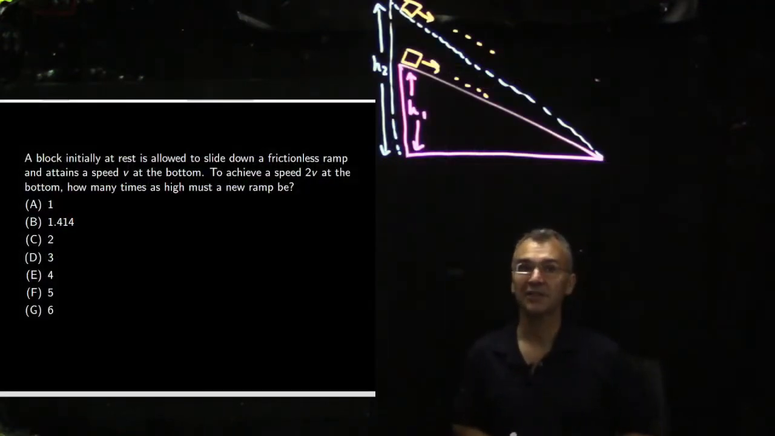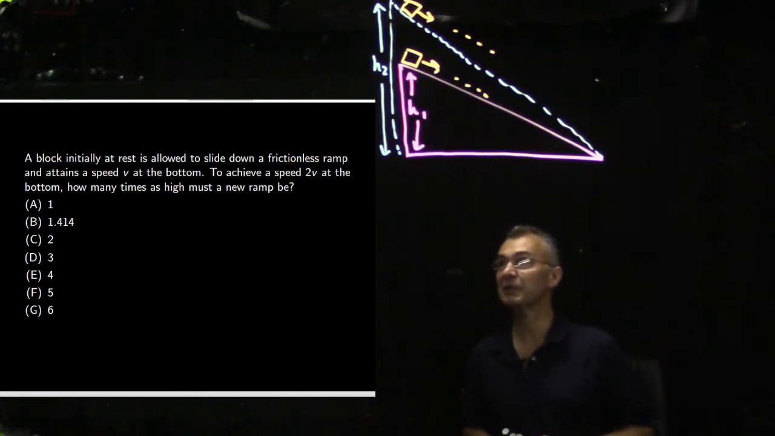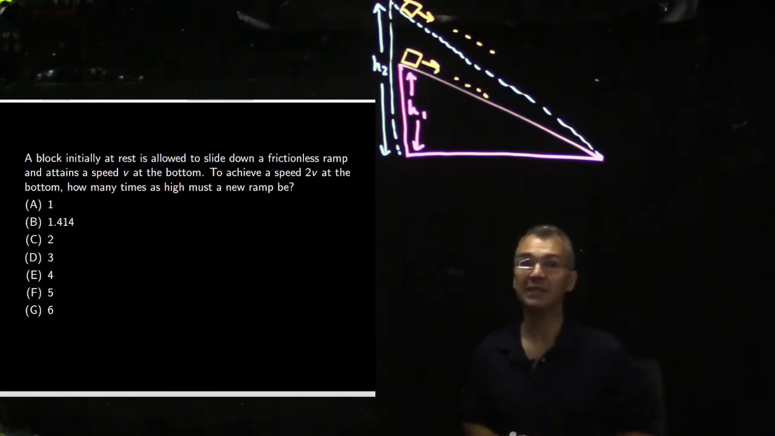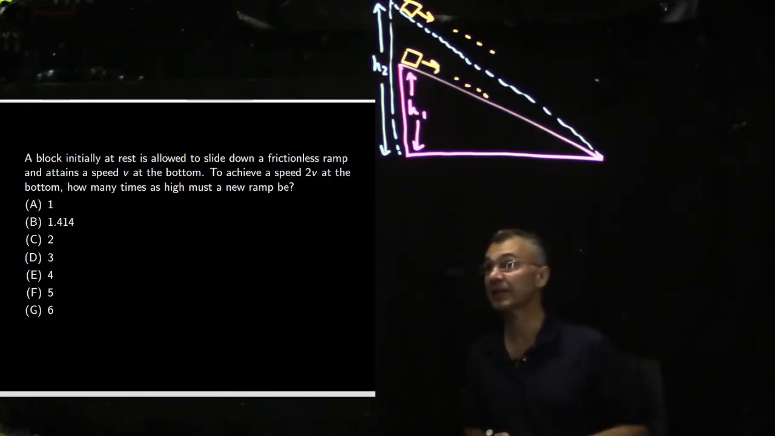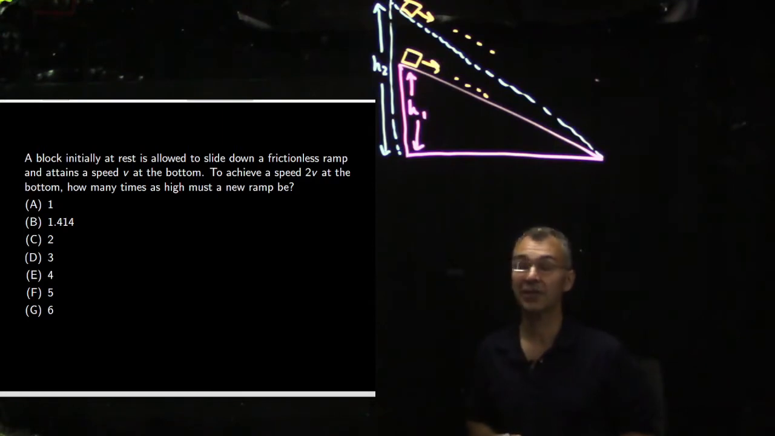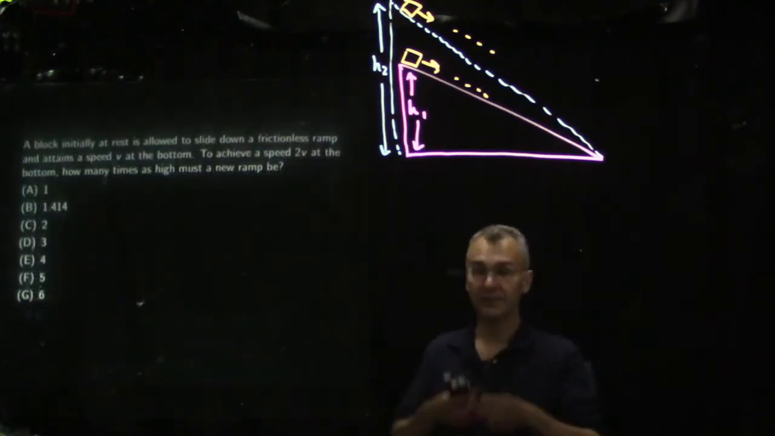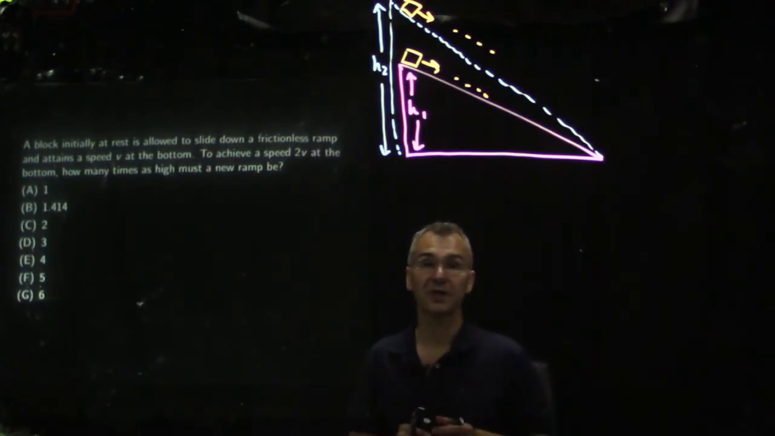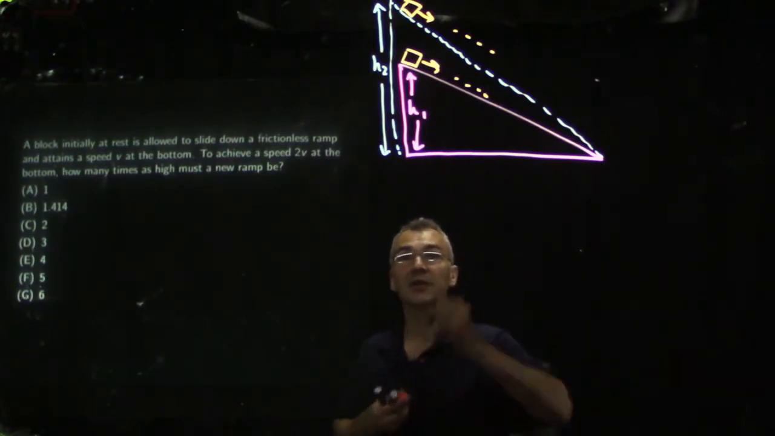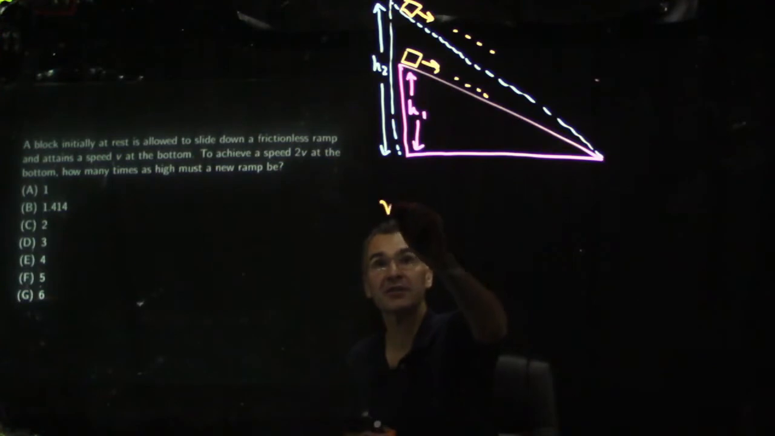A block initially at rest is allowed to slide down a frictionless ramp and reaches a speed v at the bottom of the ramp. To achieve a speed 2v, twice as big a speed, at the bottom, how many times as high must the new ramp be? And I think this is a transformation of energy problem. So initially we have